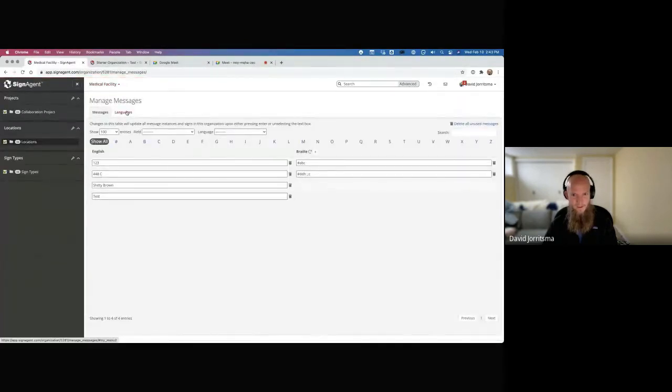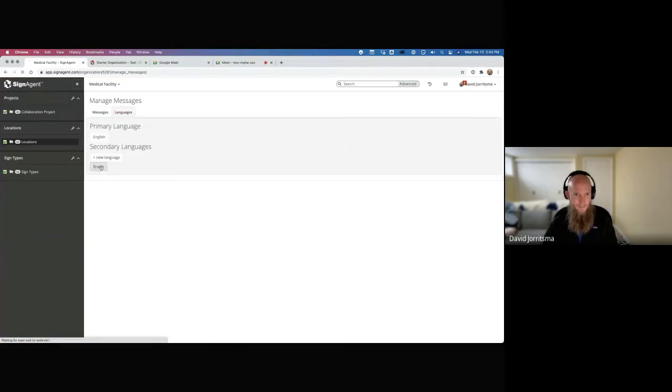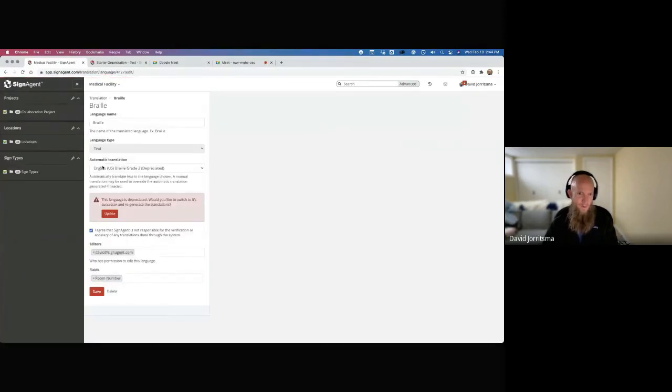Oh yes, I did have Braille, perfect. So in here we have Braille, and when you click on the Braille that you had previously and come in here, you're going to see that it's deprecated. When you click on update, it's going to choose the new revised Braille language, and that language actually